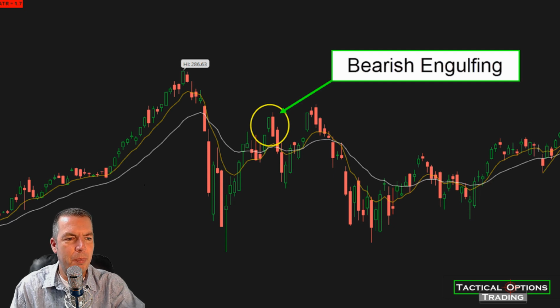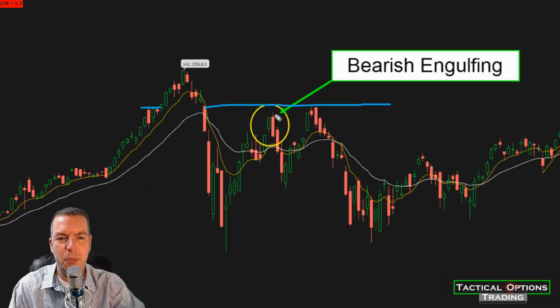So you can see we're coming up into that resistance level here, and we're looking for some kind of indication that this resistance level is going to hold. And you can see we've had some resistance level here in the past, just a little bit. So we come up into this area here, and we get this bearish engulfing candle that completely engulfs the candle of the previous day, and we do trade down for that day. Let's take a look now at